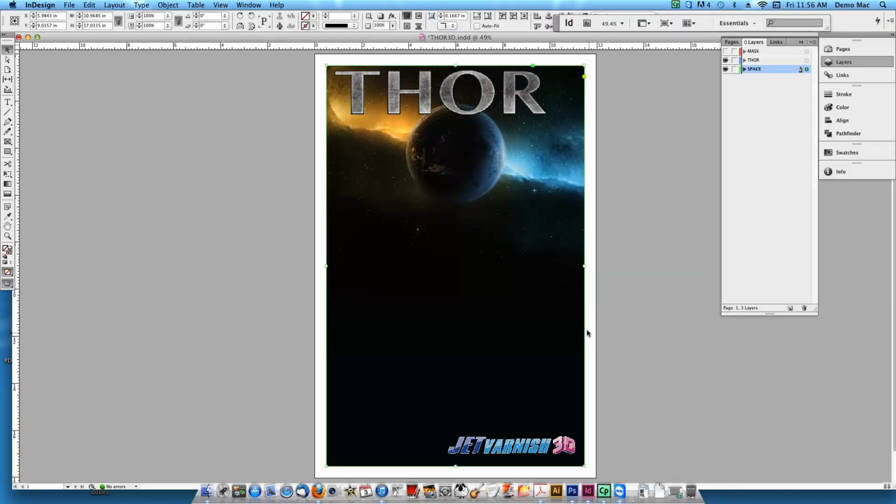So you'd start out with the creation of your, say, a 1218. For this job right here, it's a 1218 sheet. And then we have a background that we're placing in here of a space. We're putting in Thor, the logo here, and the Jet Varnish 3D logo. Now what we want to start out with on here is